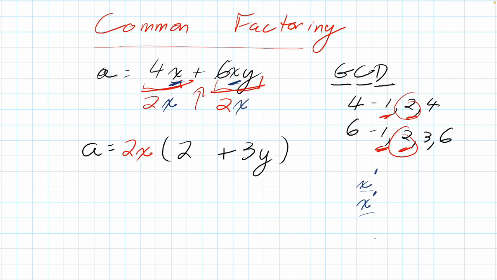And this is it. It's a little spaced out because I wasn't sure what I was going to get, but if I were to rewrite it again, I'd say 2x times the quantity 2 plus 3y. And what we've now done is we've common factored this. So this is a factored form of it. Okay. So which means like if you